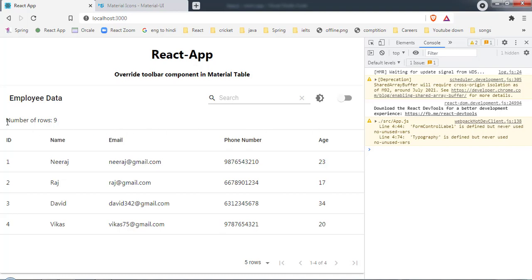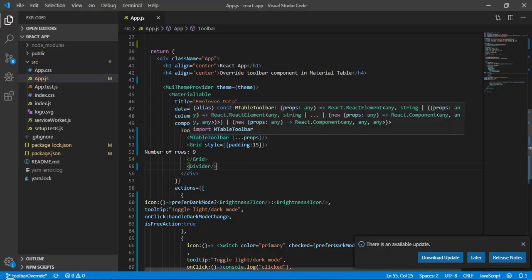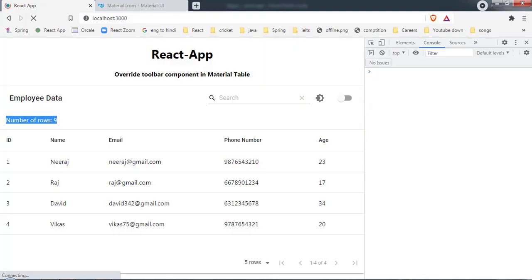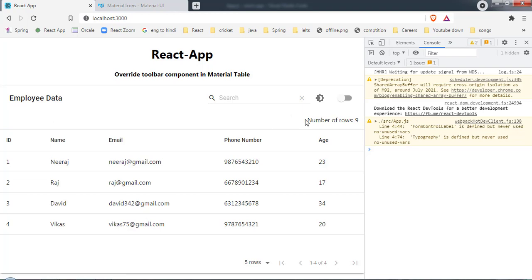Now we want to move this text to the right side. On the Grid we have to provide another property called align, and now we can provide the value right. Now save it and let's come back. As you can see, our text is now on the right side.